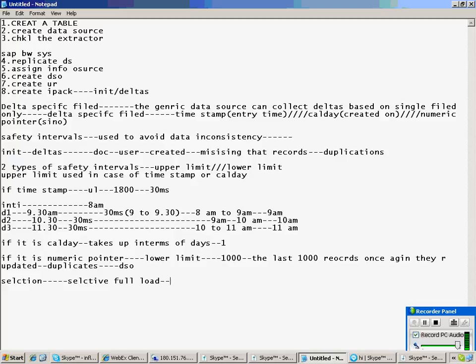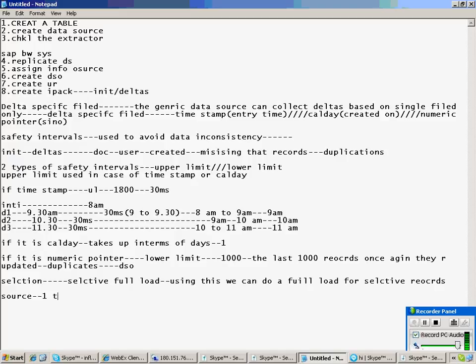What is selective full load? We can do a full load for selective records. That's what.